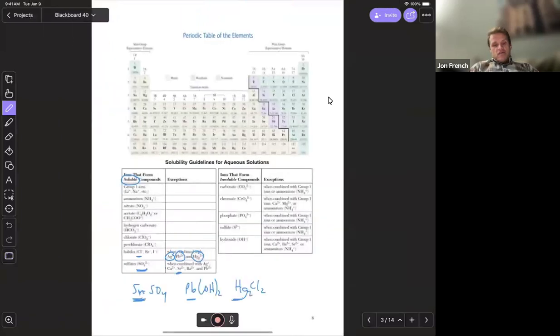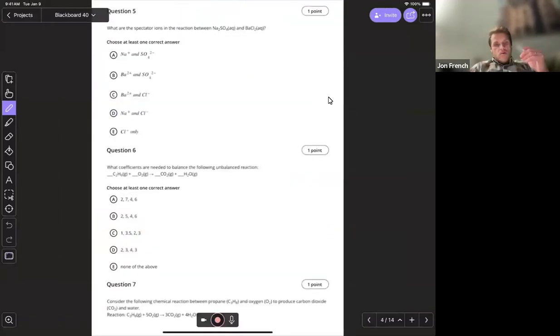All right, question 5, then we'll take a break on our recording. What are the spectator ions? Have I missed any questions? Nope, looks like we're good. What are the spectator ions in the reaction between sodium sulfate and barium chloride? So sodium sulfate reacts with barium chloride, aqueous, and that's going to get us